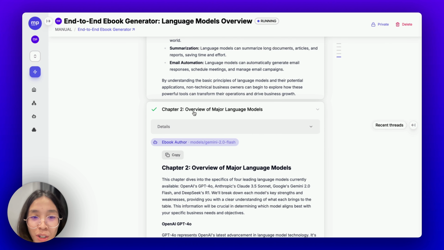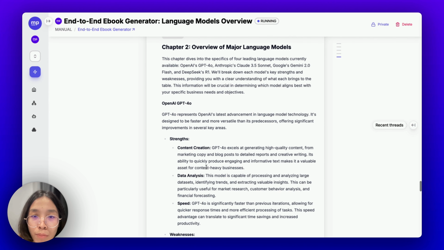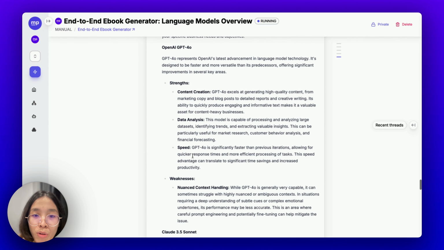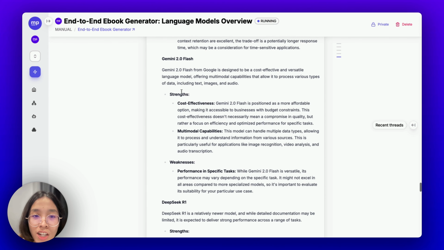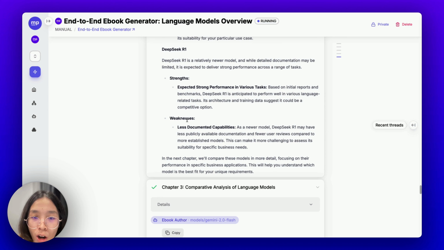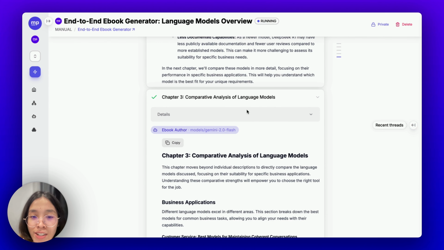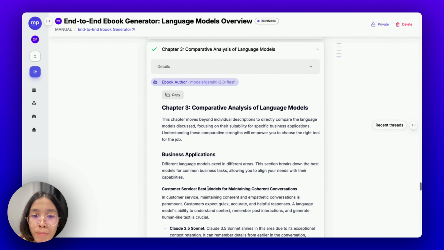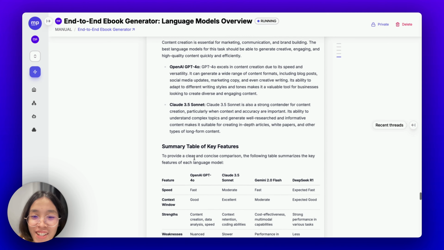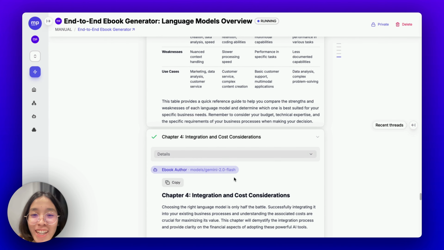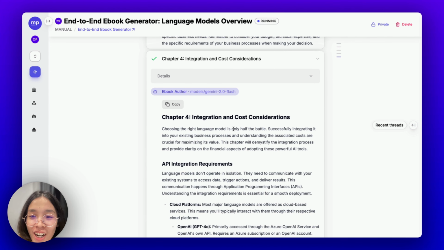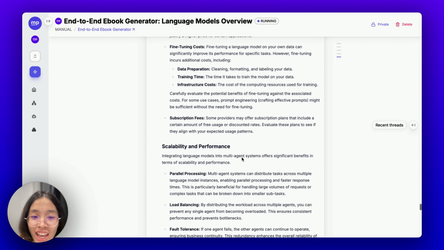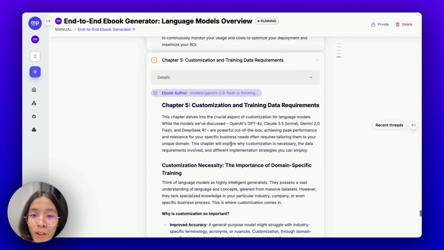To chapter 2, overview of major language models that provide a deep dive into the major language models right now from OpenAI, Claude 3.5 Sonnet, Gemini 2.0 Flash, DeepSeek R1, and comparative analysis of these models for business applications. And it's so quick, I cannot keep up, even though my job is just reading this out loud. So integration and cost considerations, and then it continues on with all of these